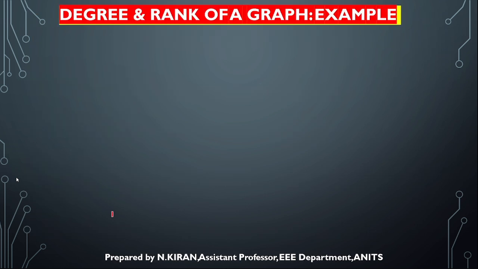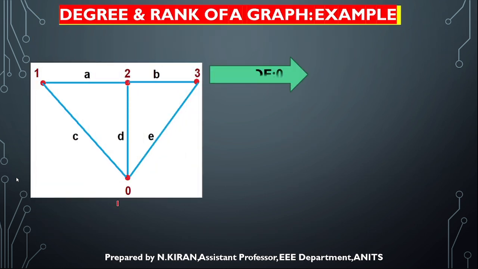Okay, so in order to understand, I have written here. So here how many nodes are there? 4 nodes are there. How many branches are there? 1, 2, 3, 4, 5 branches are there. Okay, I will consider node 0. Degree is 3 because how many branches are connected to node 0? 3. Similarly, when I consider node 1,